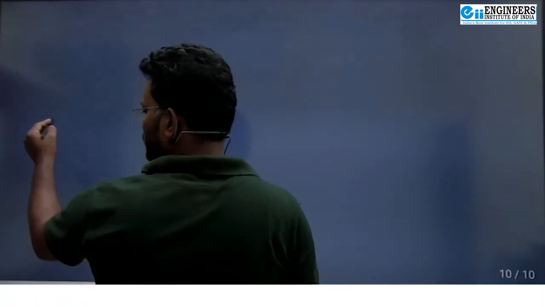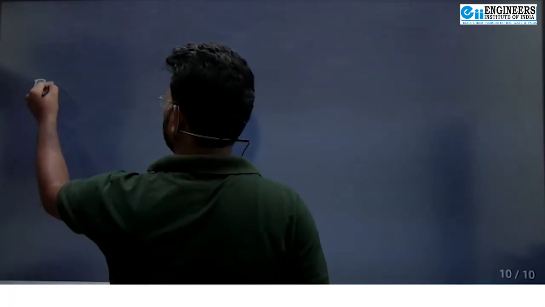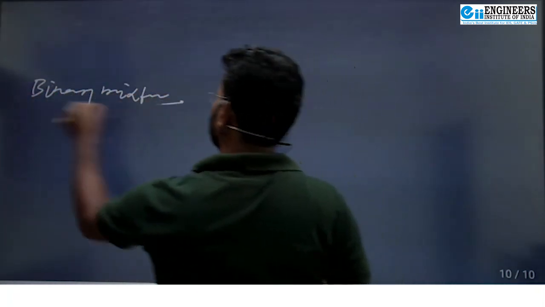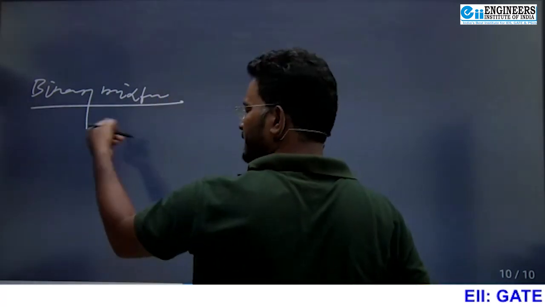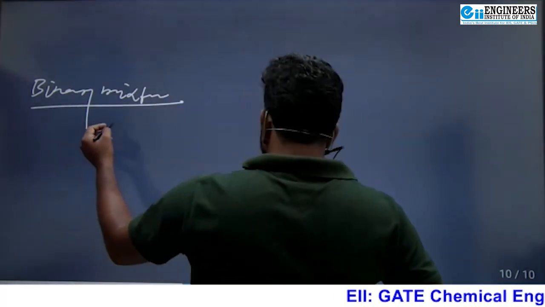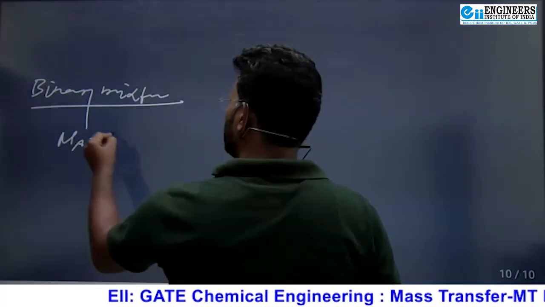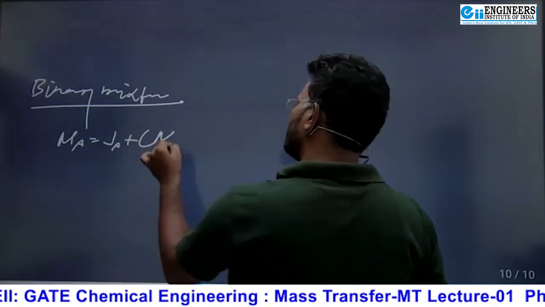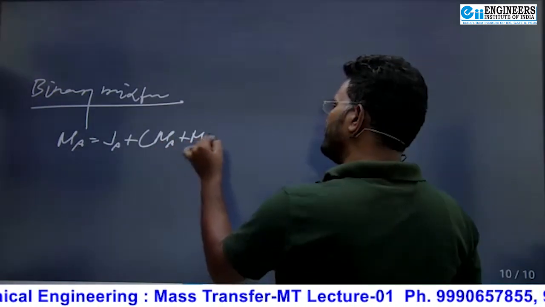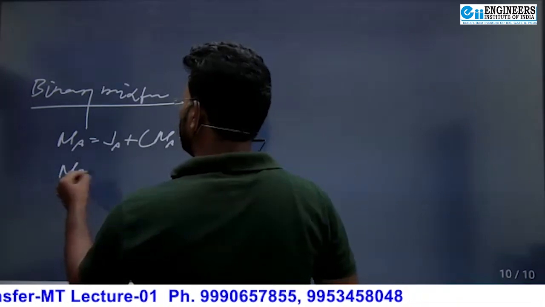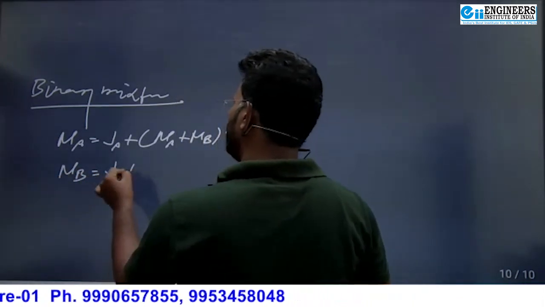Now, I have told you binary mixture. Right now, heading is binary mixtures. This is the last topic. It will take hardly 5 minutes. Binary mixture. It means only a mixture of A and B is there. Then I told you कि for binary mixture I can write N_A equal to J_A plus (N_A plus N_B) into X_A or Y_A, and N_B is found to be J_B plus